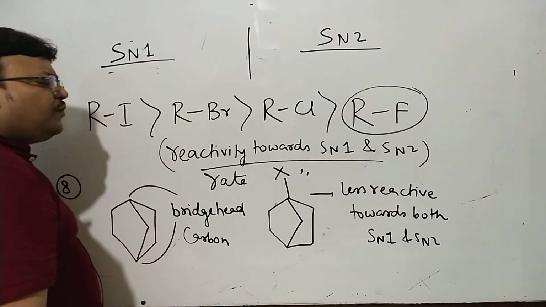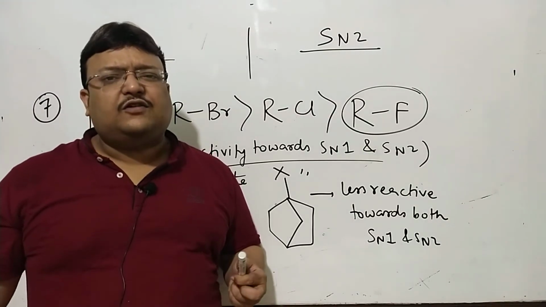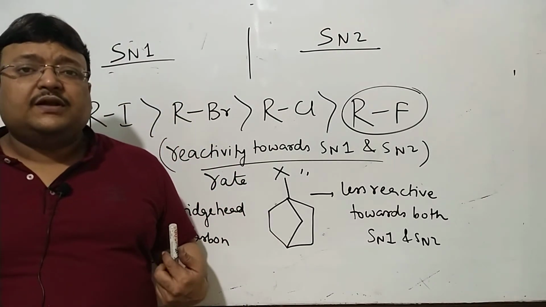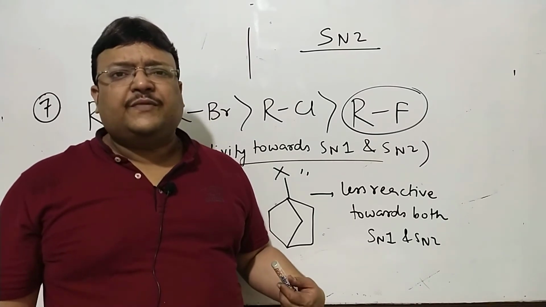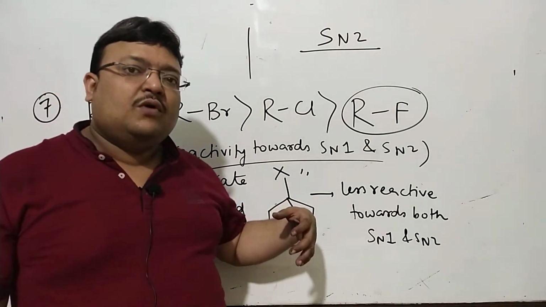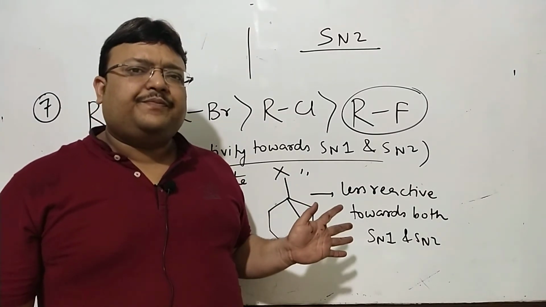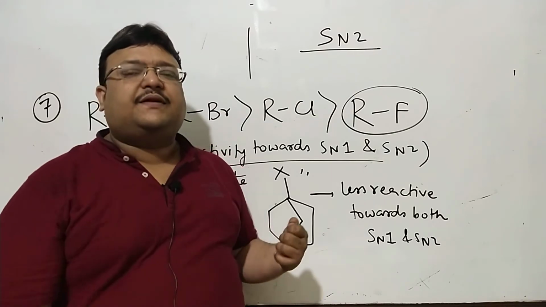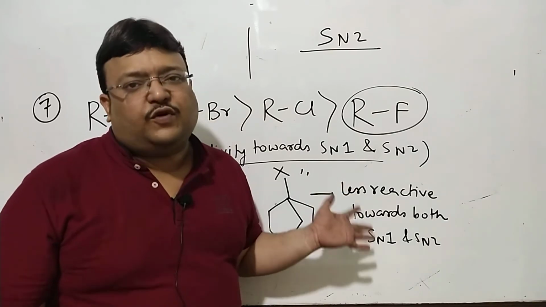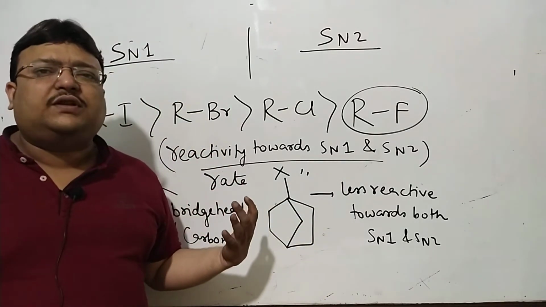There are going to be so many more parameters which will affect SN1, SN2, involving the nature of the nucleophile, the nature of the leaving group, temperature, and the nature of the solvent is going to be a very important discussion. And then again we'll see the difference between SN1 and SN2 when it comes to regiochemistry and stereochemistry. Now, all those discussions are going to be pretty amazing from the standpoint of learning organic chemistry, and would also be very wonderful to solve questions. So, looking forward to learning more about SN1 and SN2 in the upcoming classes.